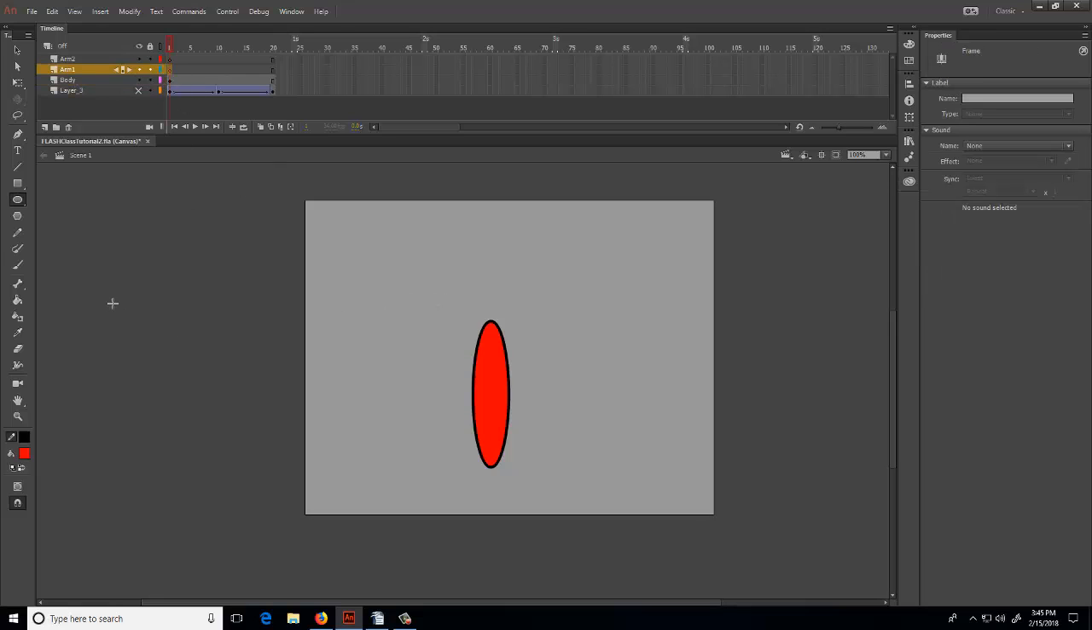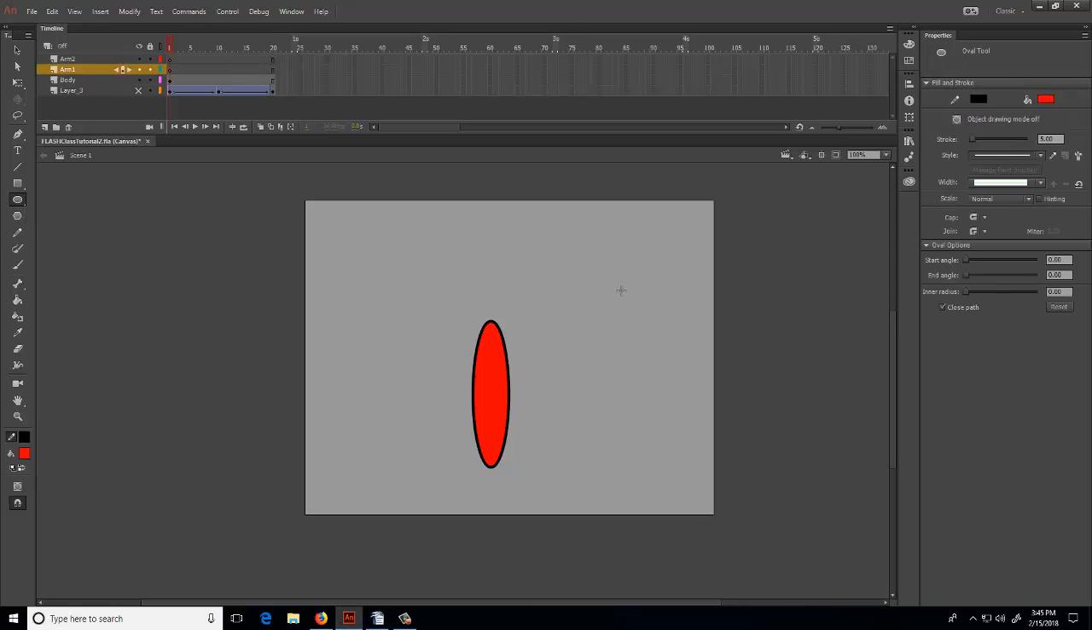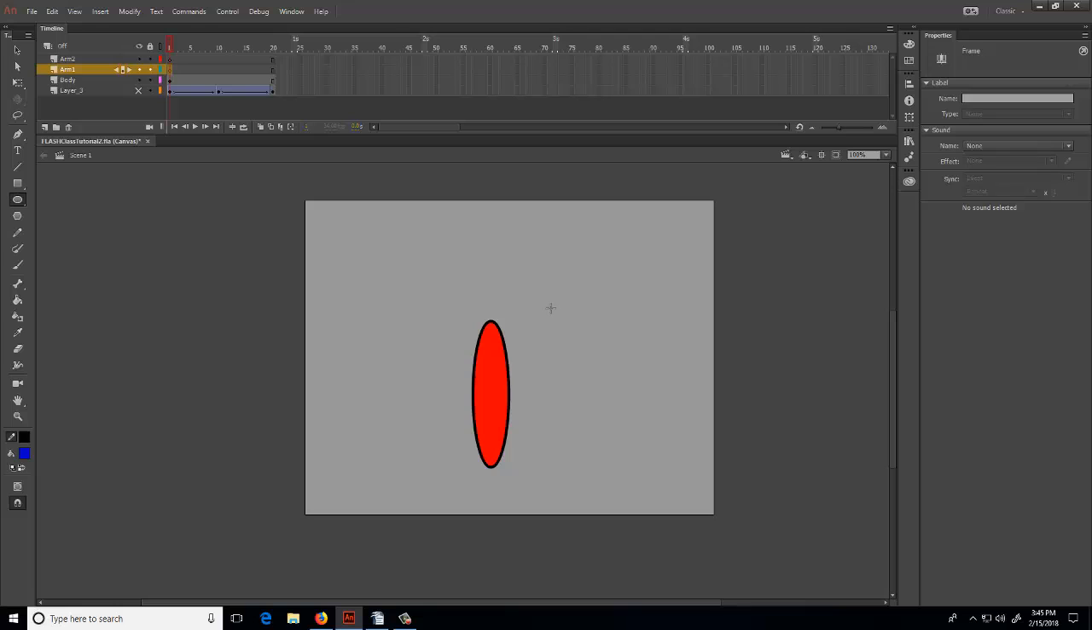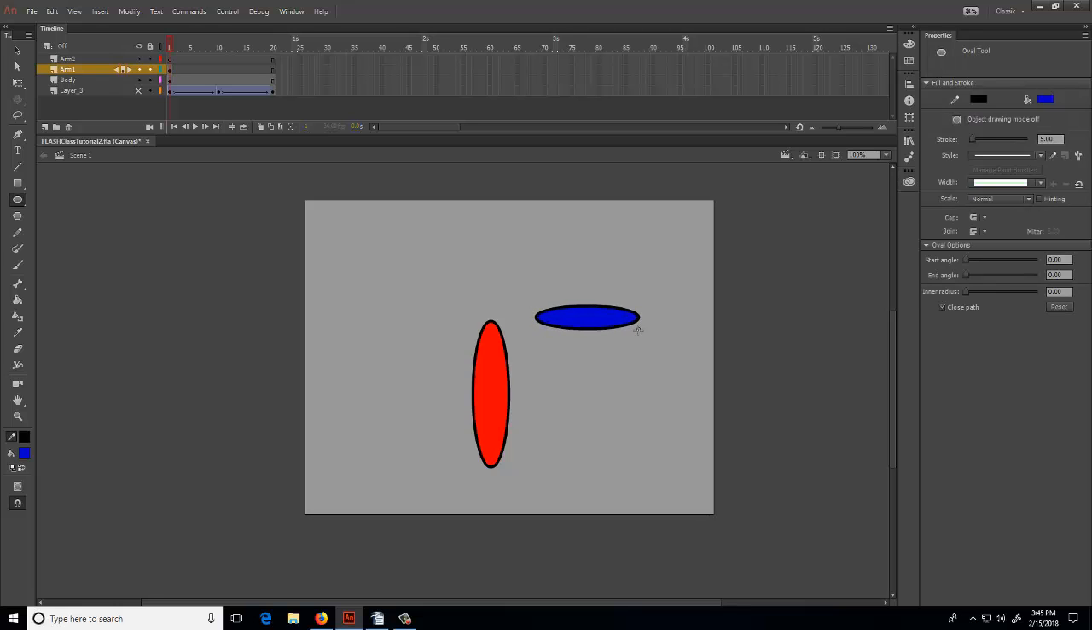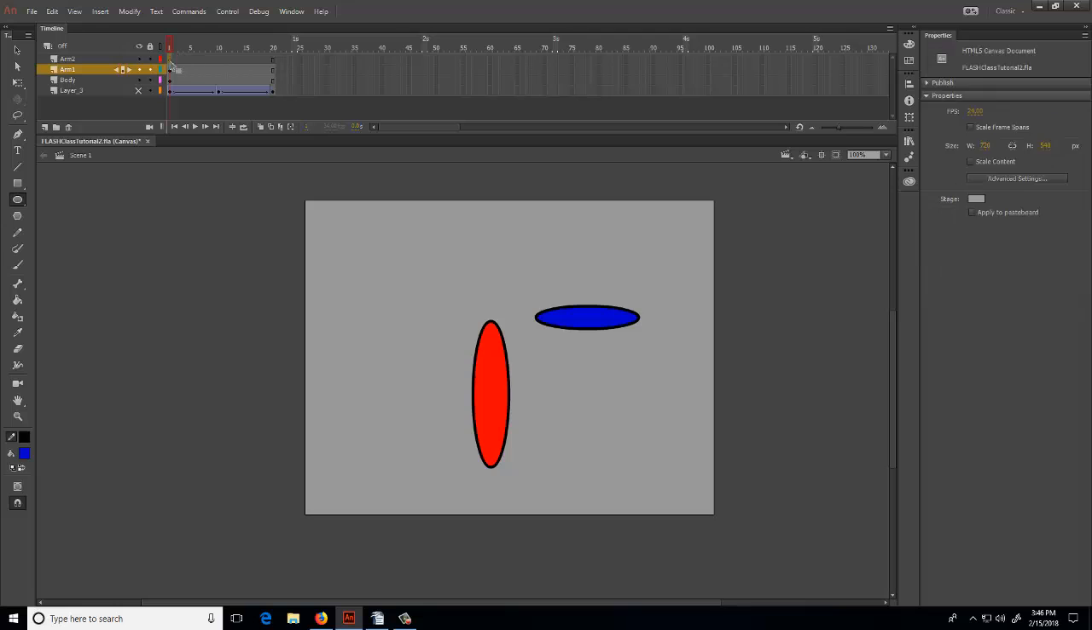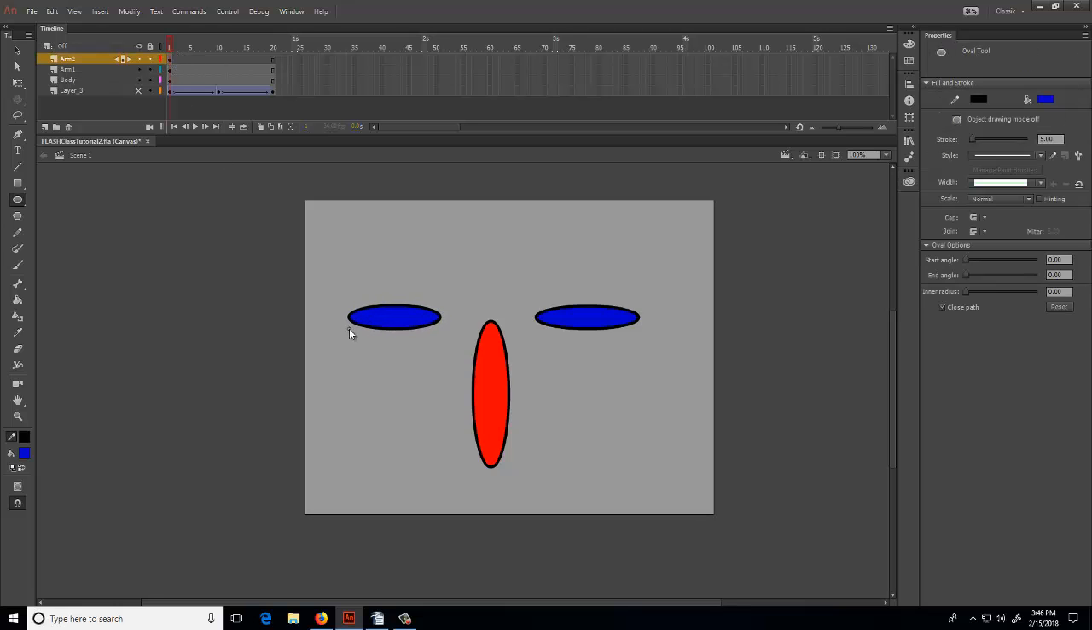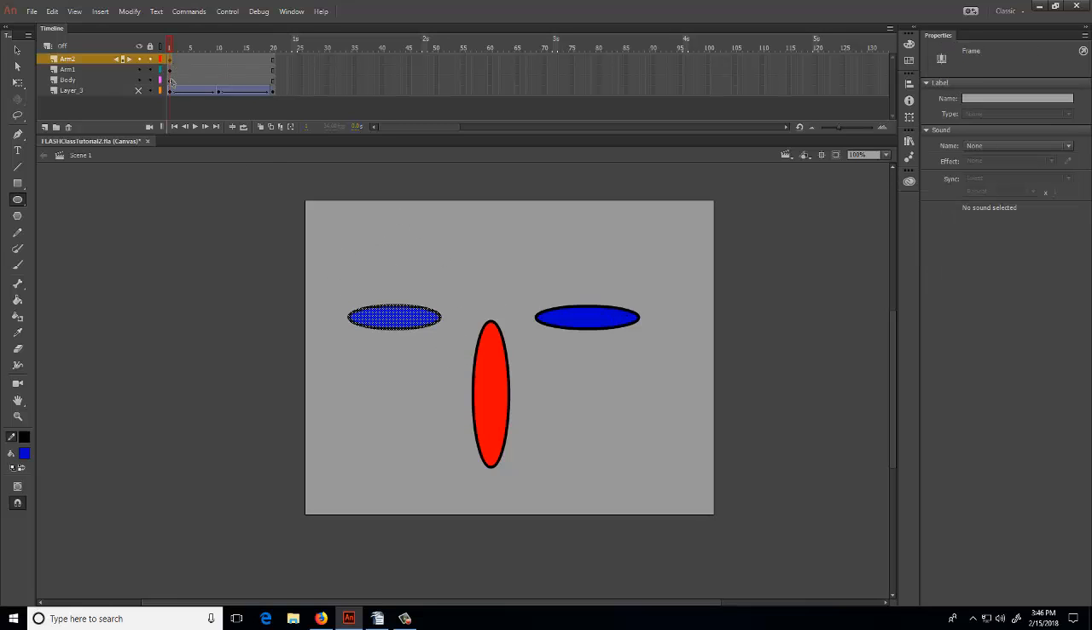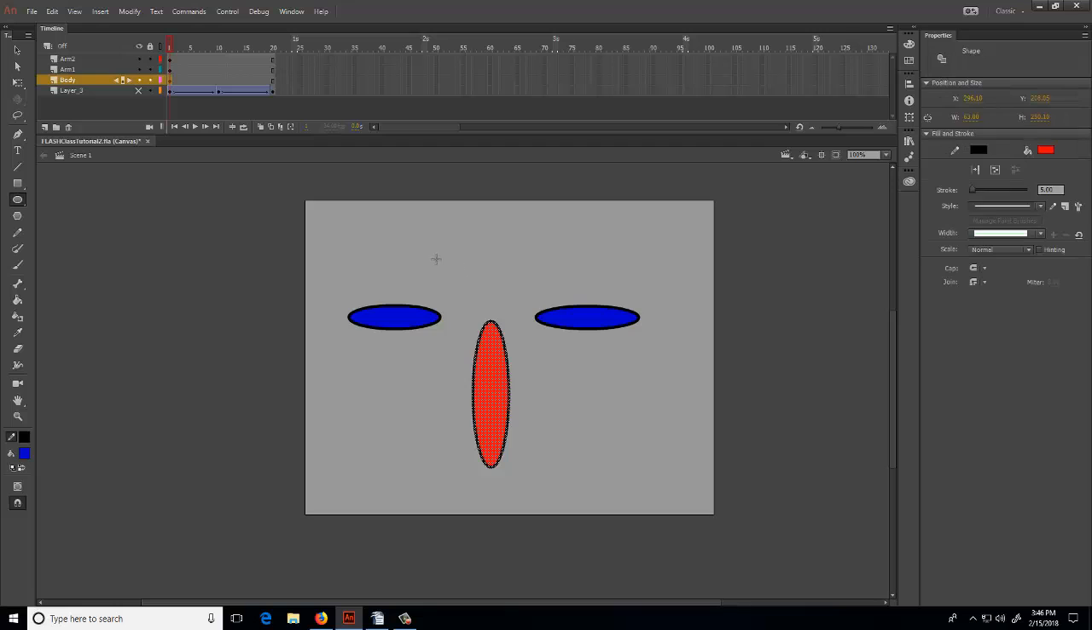So I'm going to go to this, and let's just make it blue. Let's make that a different color, just so it's something different. So I'm on this frame here, like that. And I'm going to go to this, and I'm going to make another arm on this side. Notice that I put each one of these symbols on a separate layer. So that arm is on that layer, that arm is on that layer, and the body is on that layer there. Okay,